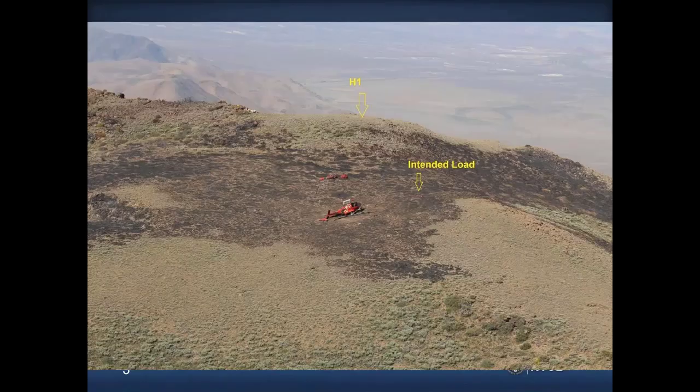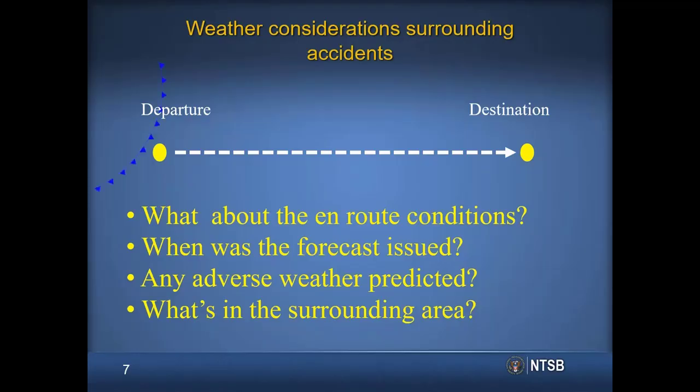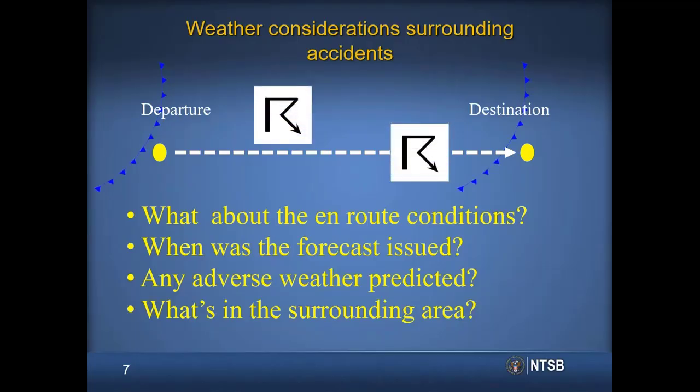And I did want to highlight, I know we're talking about thunderstorm activity and things like that, but in this particular case, things such as just 5 or 10 knots of wind over mountainous terrain can create issues. So there are a lot of weather considerations that we do surrounding accidents, and I know that the team at the Aviation Weather Center has done an amazing job going through en route forecasts, what's at your departure and